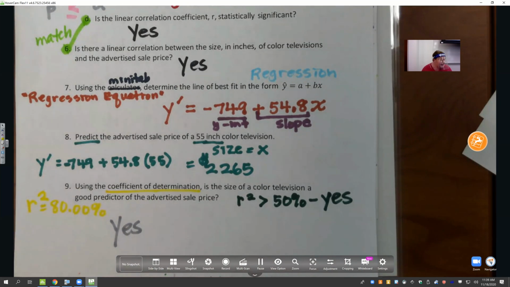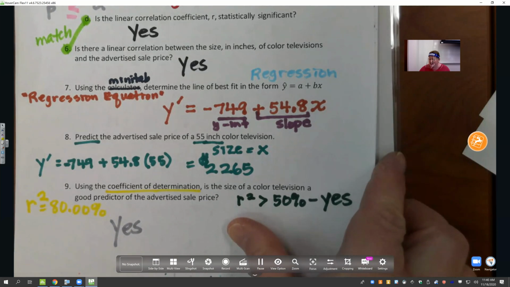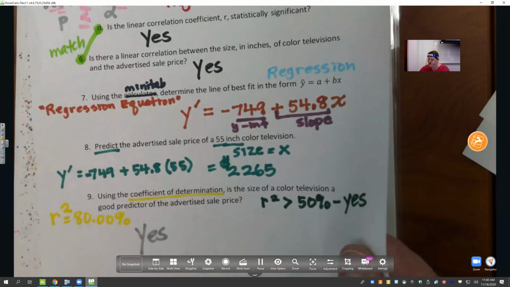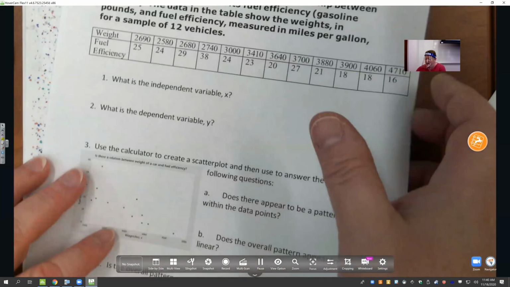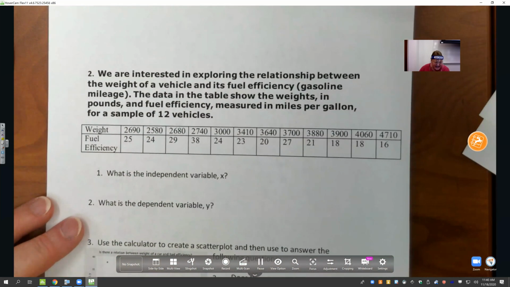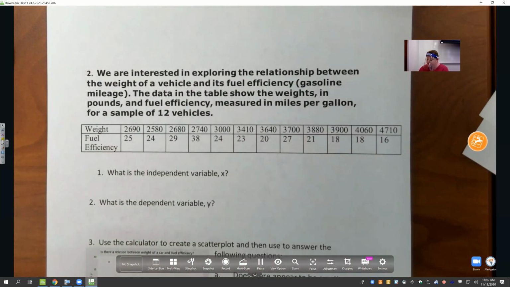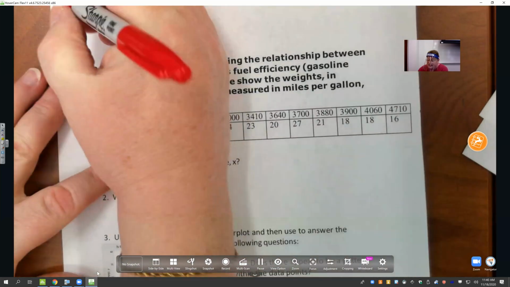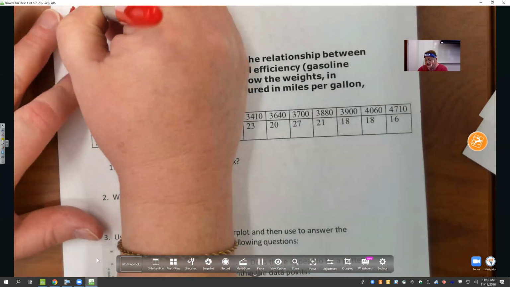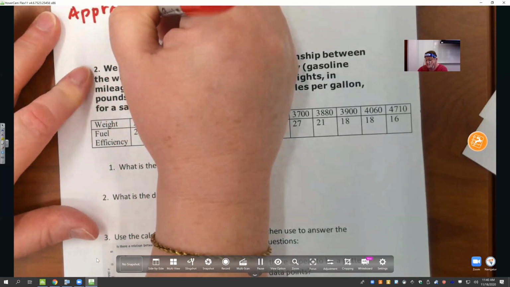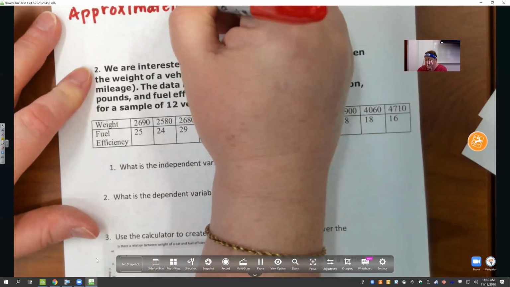Now, the other piece, it's on the next page. The last piece that you have to do, and it's the one that students get tripped up on probably the most, is writing the explanation of the coefficient of determination. And I had that on the fill in the blank notes, okay? It's worded the same way every time. So in this case, we would say approximately 80%